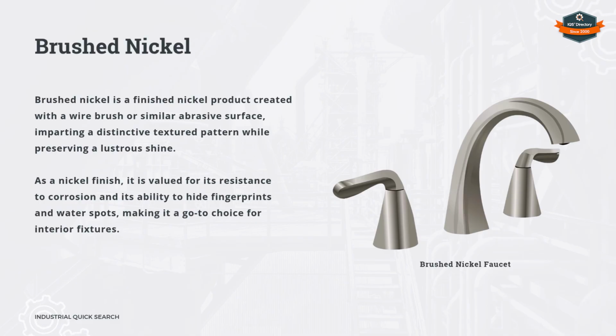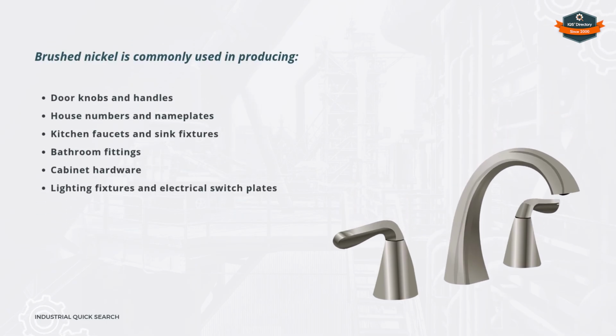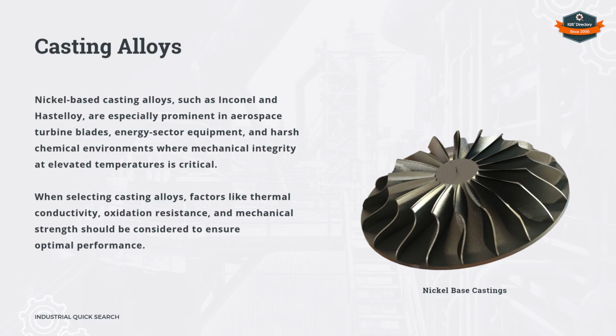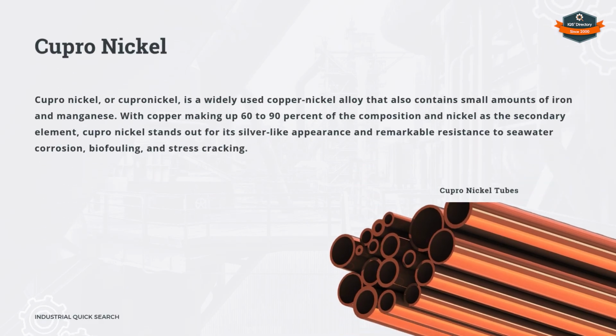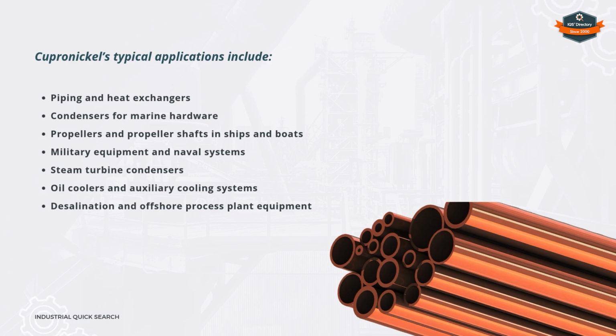Brushed nickel. Brushed nickel is commonly used in producing casting alloys, cupronickel. Cupronickel's typical applications include